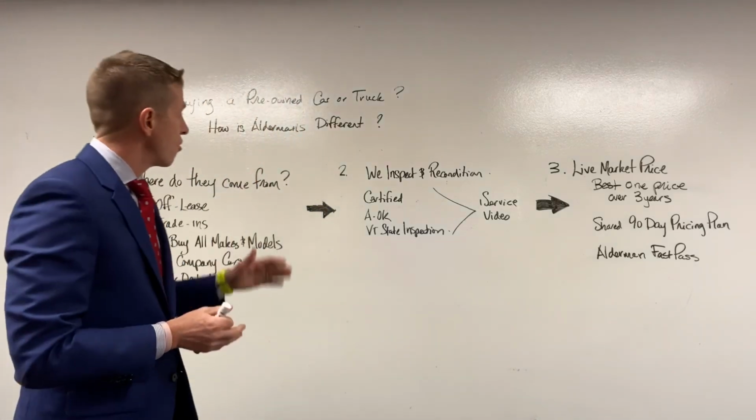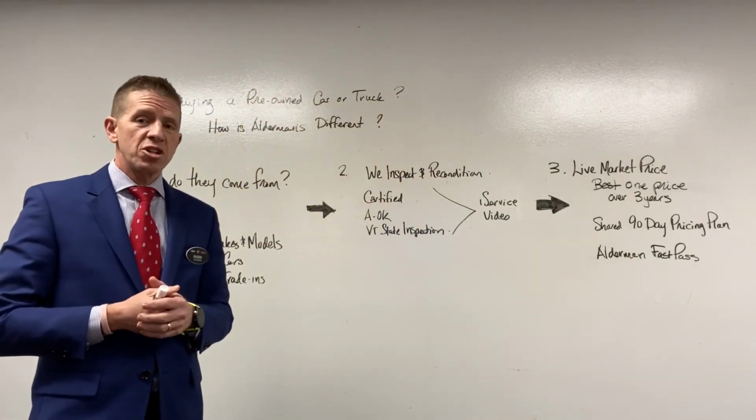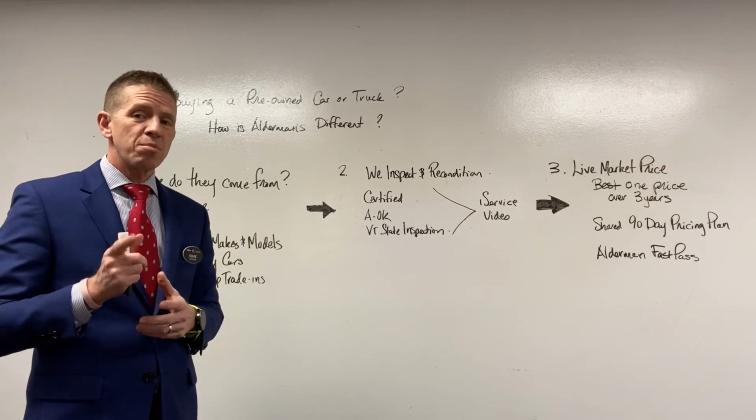So these are all the things that make Alderman Chevrolet Buick GMC a truly unique and special place to buy